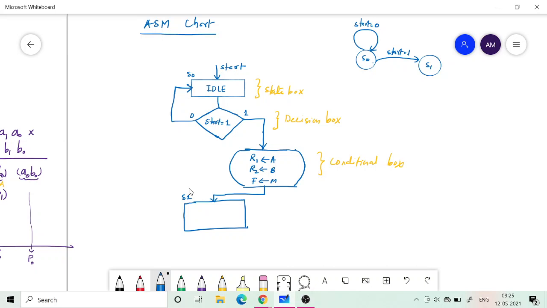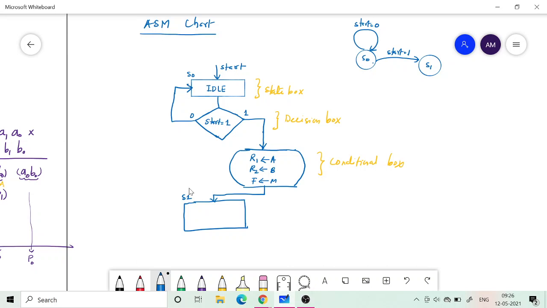The state diagram doesn't give you any information about the hardware, whereas the ASM chart tells you not only the way in which the state changes, but also some detail about what actions are taking place inside the data path.